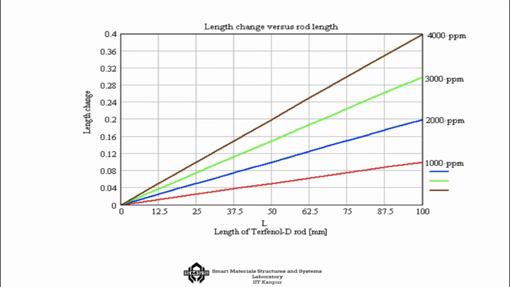not that large. In fact, if you look at this curve that we have here, the length of the Terfenol-D rod, let us say we consider a 100 millimeter length rod, then with about 2500 parts per million, the change that will happen is only 0.24 millimeter. So which is even smaller than 1 millimeter. It may not be visible to the naked eye, but it has actually a lot of power, and you can also amplify it just like for piezoelectric material, and then you can make good use of this kind of a system.